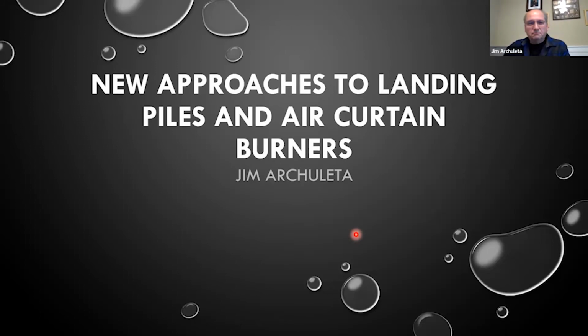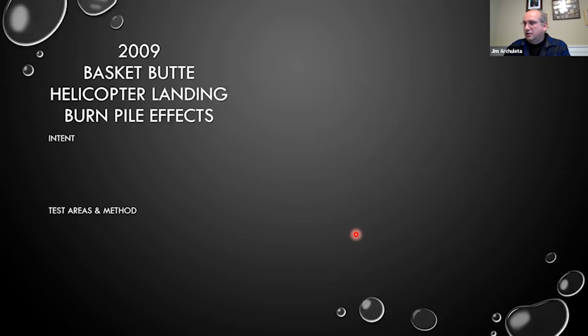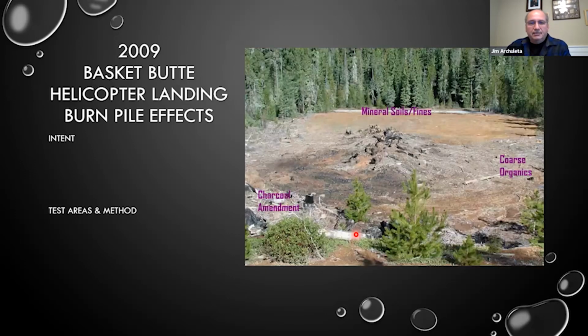Let's jump right into it. So I'm going to give you a couple examples of how we've identified some opportunities that we found as we've stumbled through some different practices, and actually used that information to expand on what we know about manufacturing biochar. So the first case is the 2009 Basket Ute helicopter landing, and the intent of this